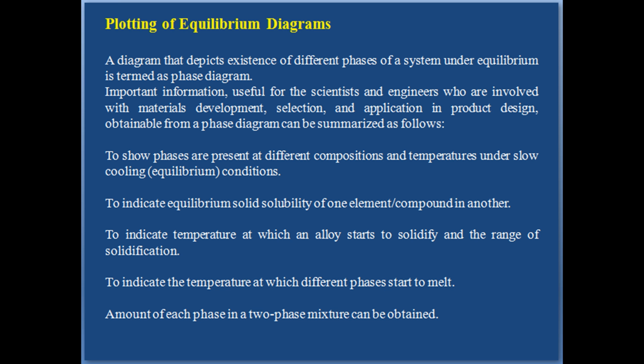Phase diagrams are classified based on the number of components in the system. Single component systems have unary diagrams, two component systems have binary diagrams, three component systems are represented by ternary diagrams, and so on. When more than two components are present, phase diagrams become extremely complicated and difficult to represent. This is all about the equilibrium diagrams, or the phase diagram.